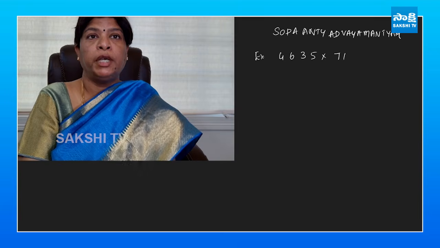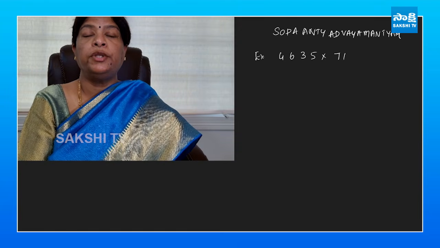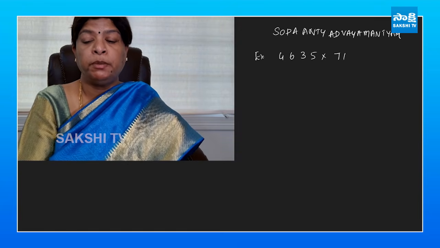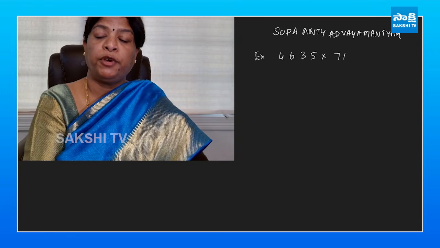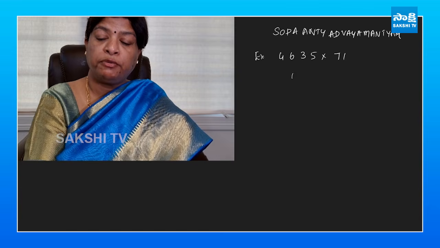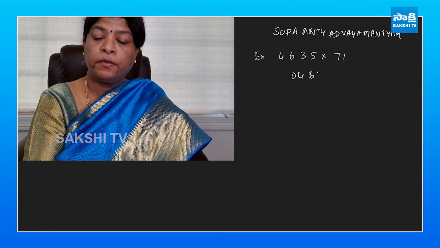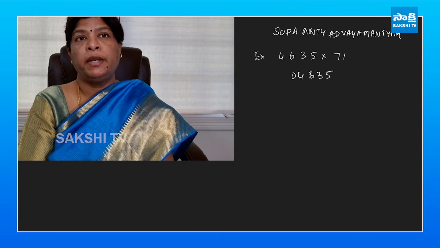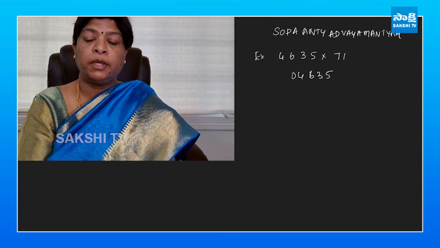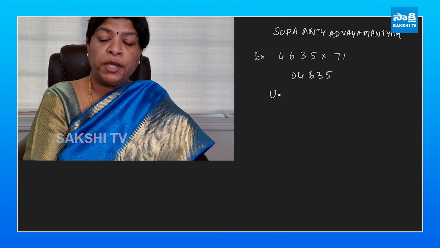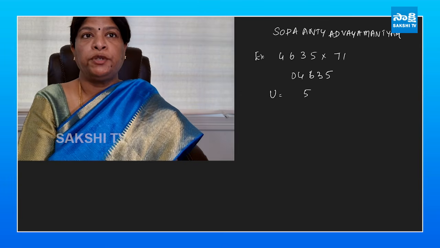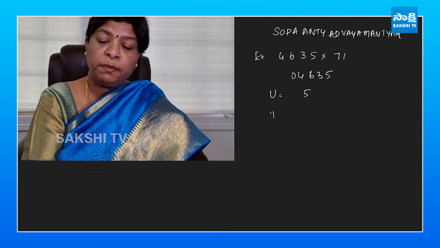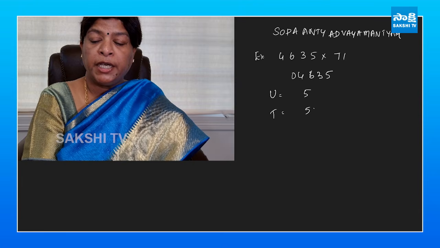Let's see another example in this category. So we are trying to multiply 4,635 with 71. So our multiplicand is 4635. So we add a 0 in front of it. And our multiplier is ending in 1. So the sutra is applicable. Our units place is going to be 5, same as the units place of the multiplicand, followed by the tens place. So 5 times